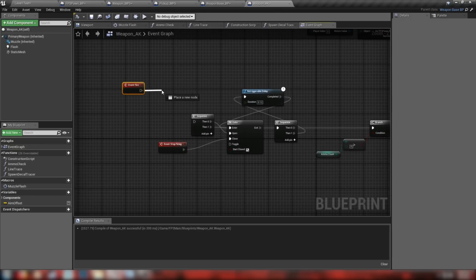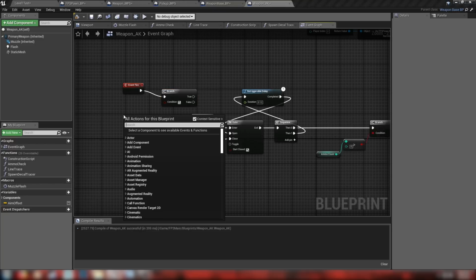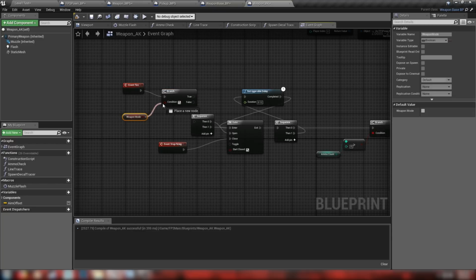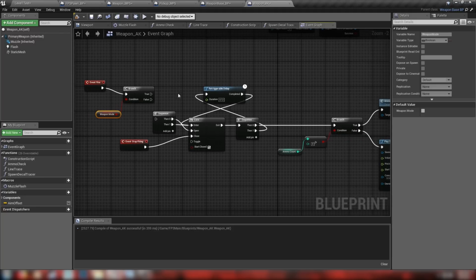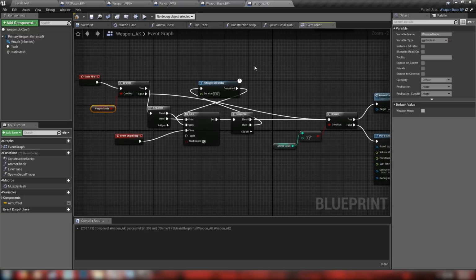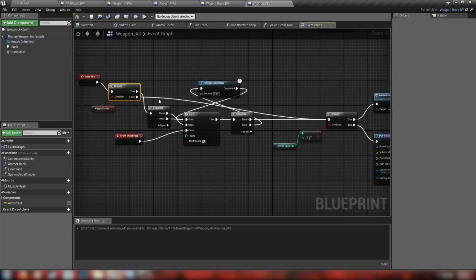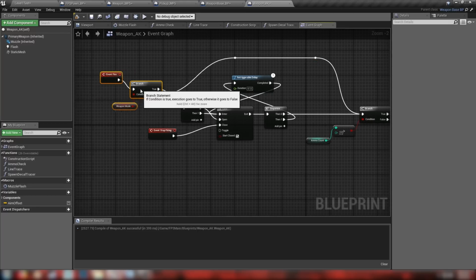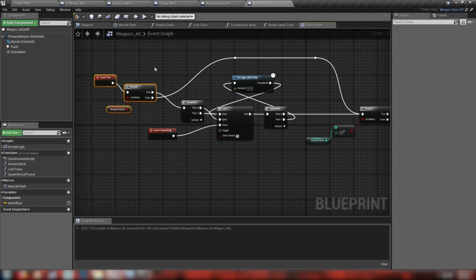So we'll come out of here into a branch. Let's just get our weapon mode and plug this in. So if it's true, we'll be full auto. So we'll hook that up to true, and our false is going to go into our regular firing code. So it's going to look a little confusing. If we double click our execution tree here, we can sort of visually get a good guide and see what's going on. So I was going to check our weapon mode for whether we are semi or full auto,